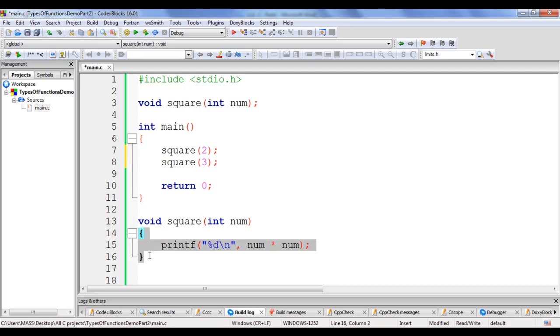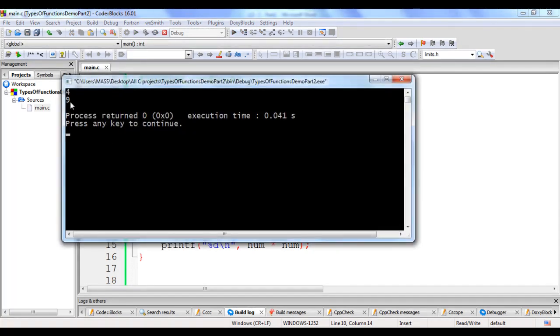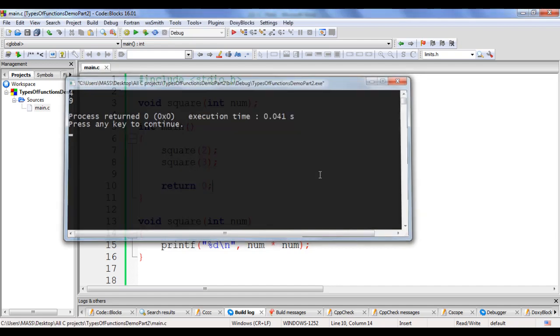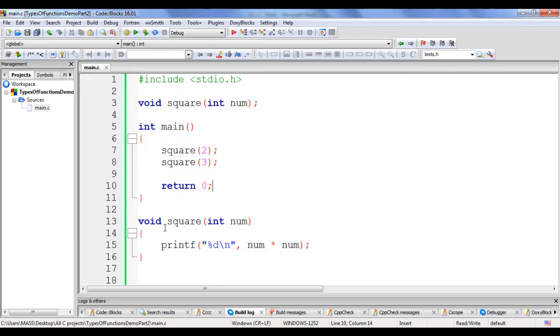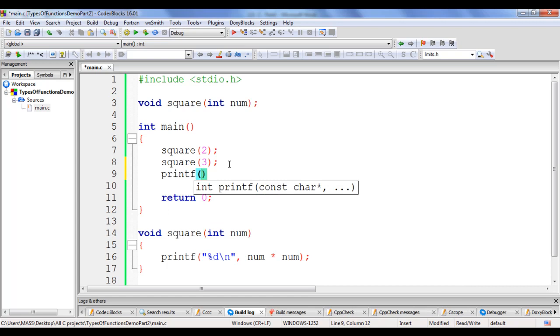After executing all the statements in the body of the square function, control comes back to the place where we have called the square and then it moves to the next statement. If I say build and run, definitely we will see 9 displayed. I hit enter to close the console window. That is how we create a function which accepts parameters and does not return any value back. I say here printf, in double quotations I say \n, semicolon. I am adding one blank line.